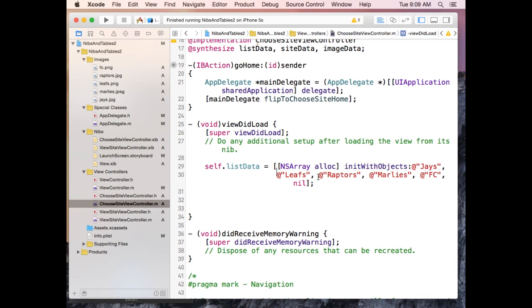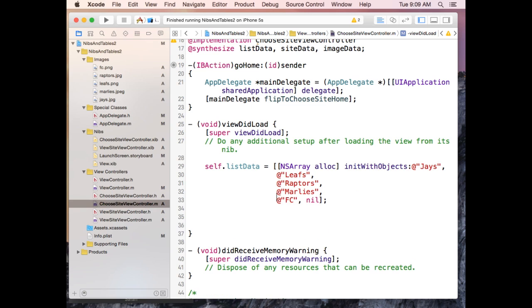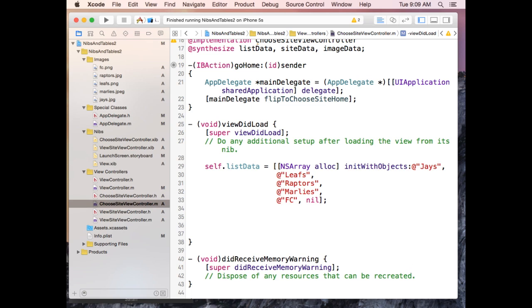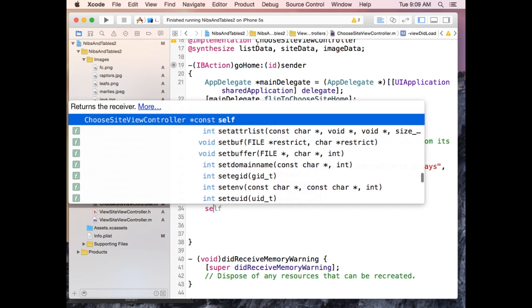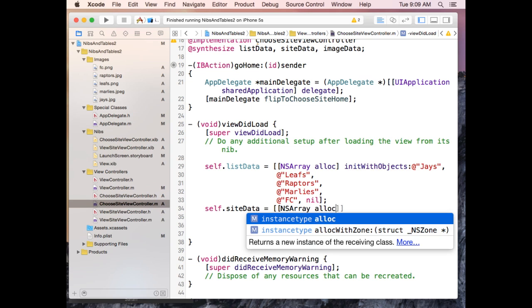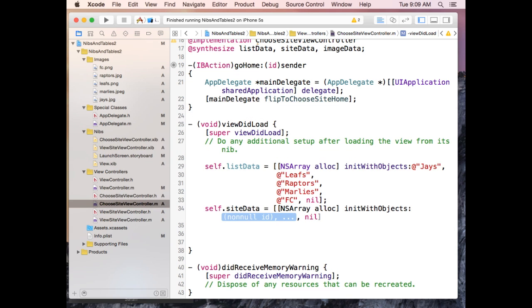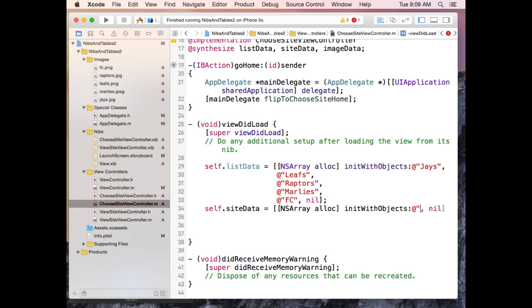So let's try and neaten it up a bit. That's the array with our Toronto sports teams. The next one will have the URLs. So we'll say self.siteData is equal to NSArray alloc initWithObjects, and we'll do